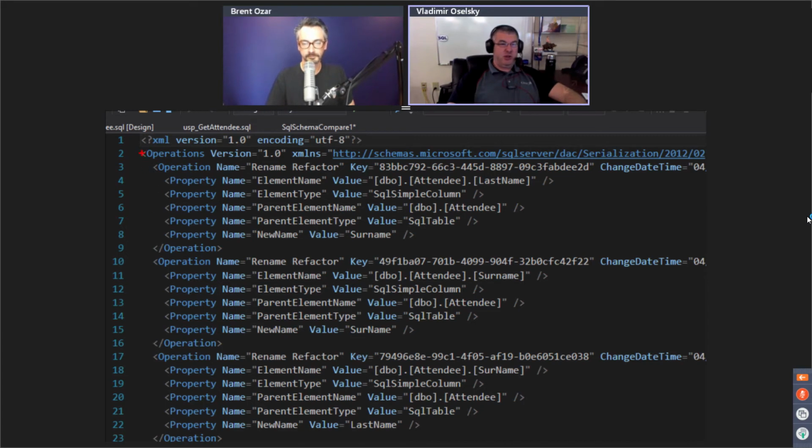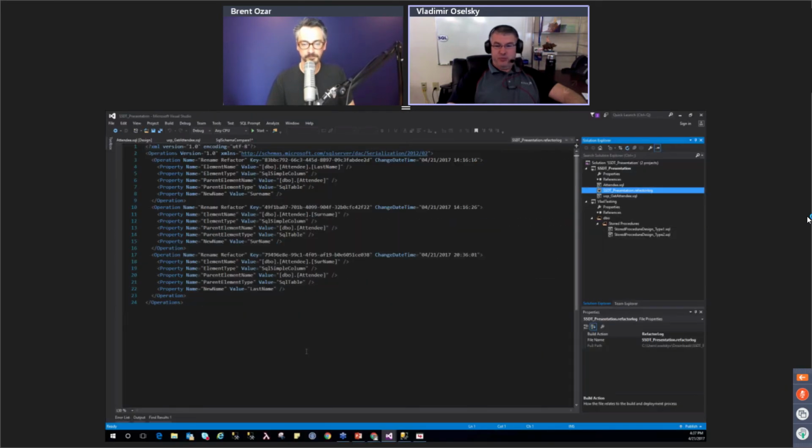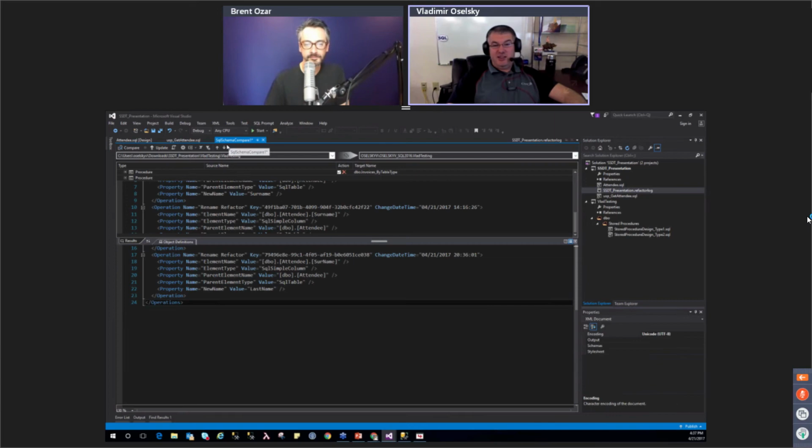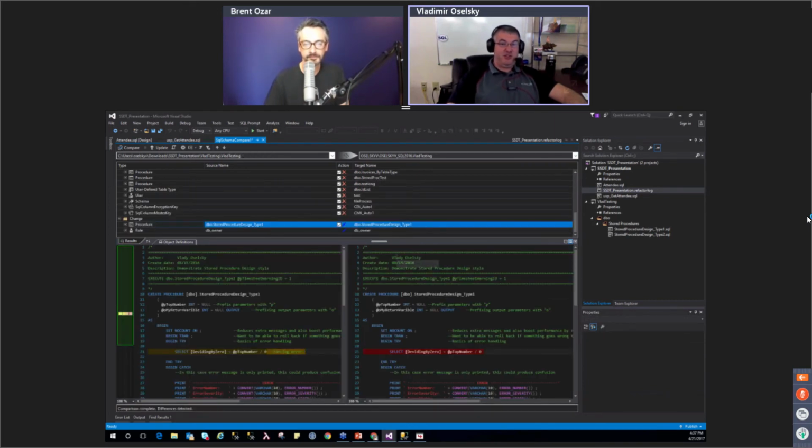It will generate code for you to alter a column name in the table, but it also knows that it needs to generate the code for the stored procedures to change it.